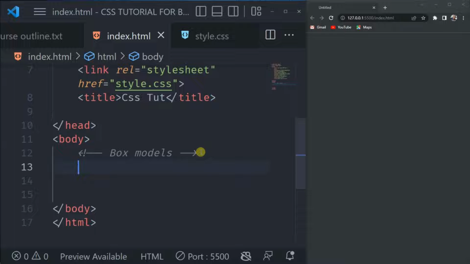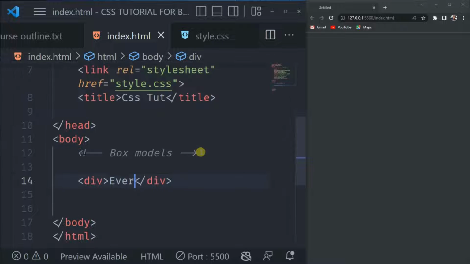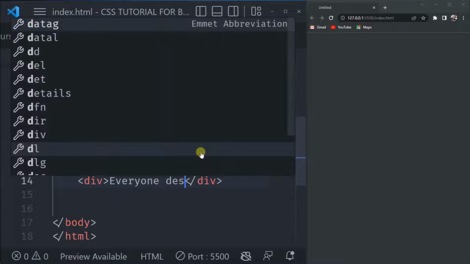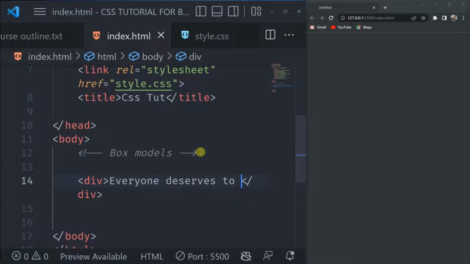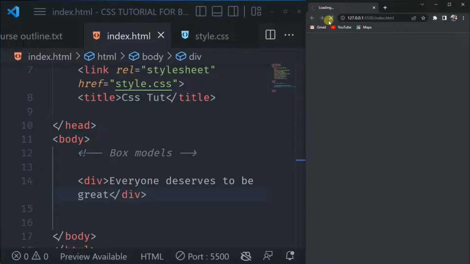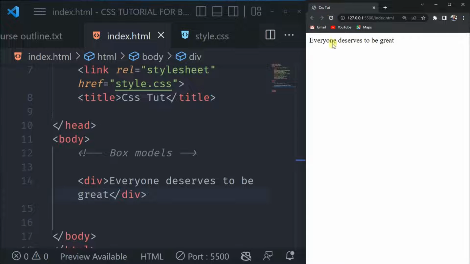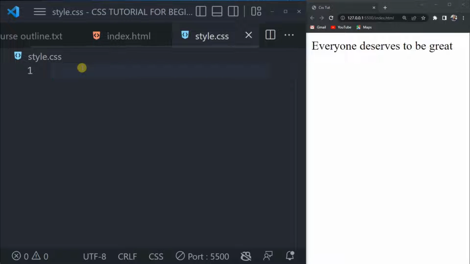And this is what I mean. Let's have a div tag. Everyone deserves to be great. Okay, if I have these, everyone deserves to be great. Okay, let me make sure I zoom my browser. If I have this now, and I will just grab that inside my style.css, and I will start with the